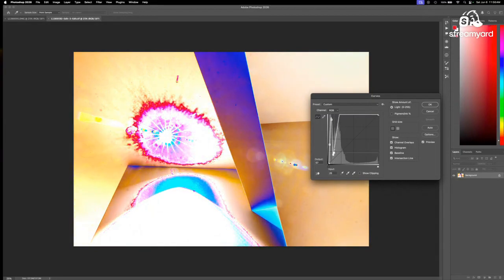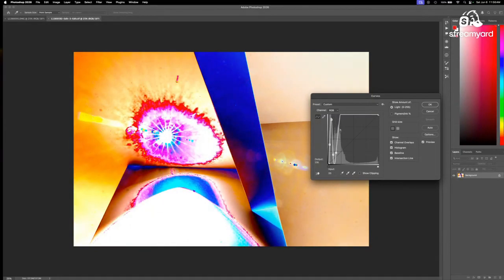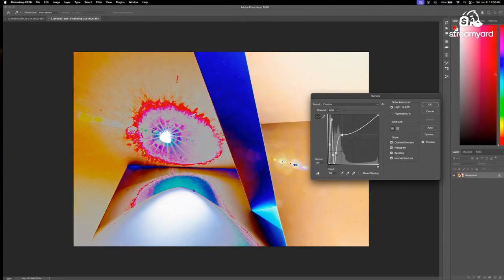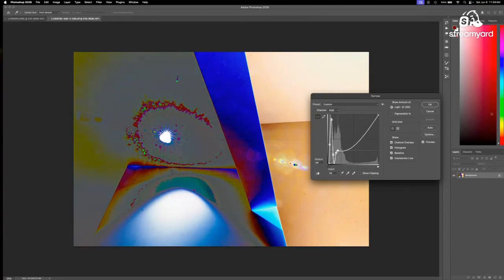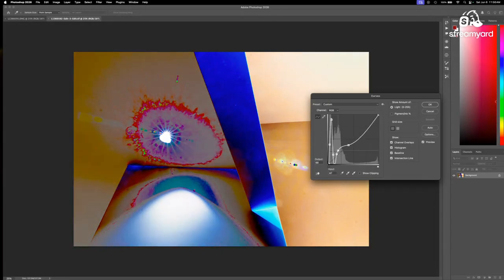Curves doesn't seem to want you to do this, so you have to kind of wrestle with it a little bit, get it back to where it was going to be. And I'm kind of liking this effect here. So anyway, you can see how you fiddle around with this.